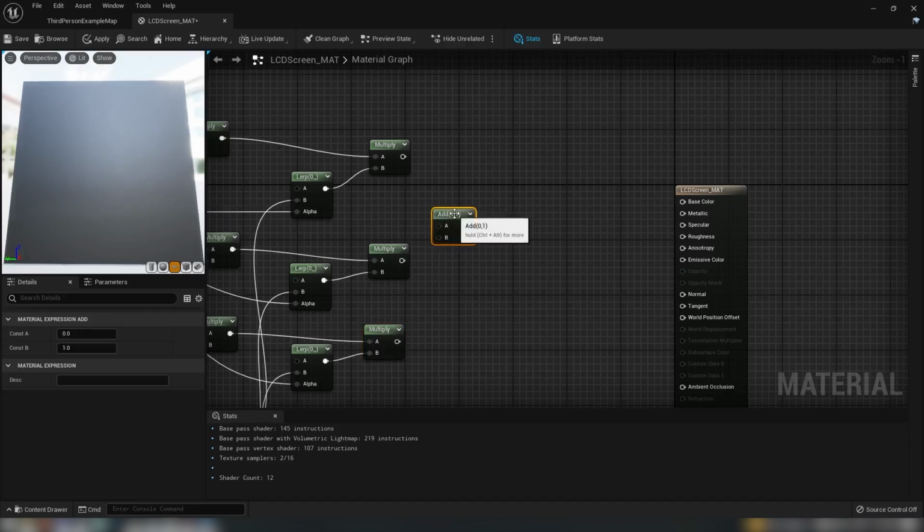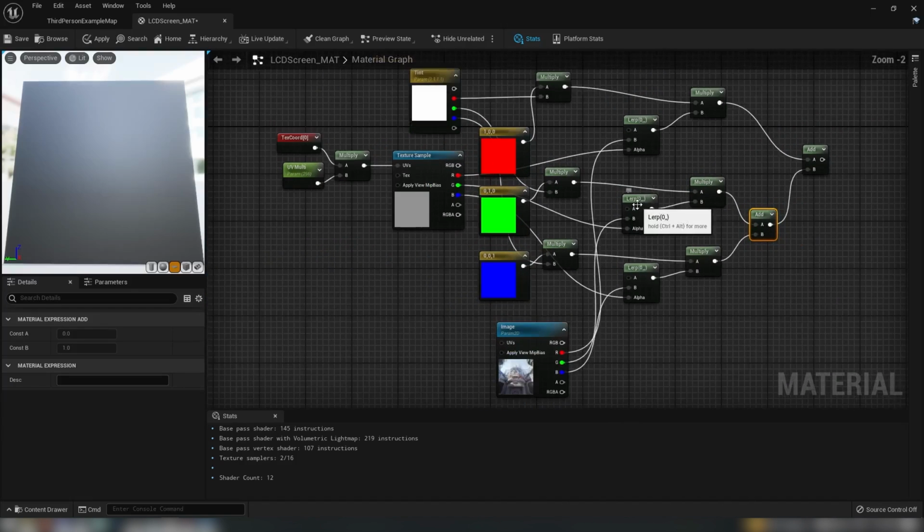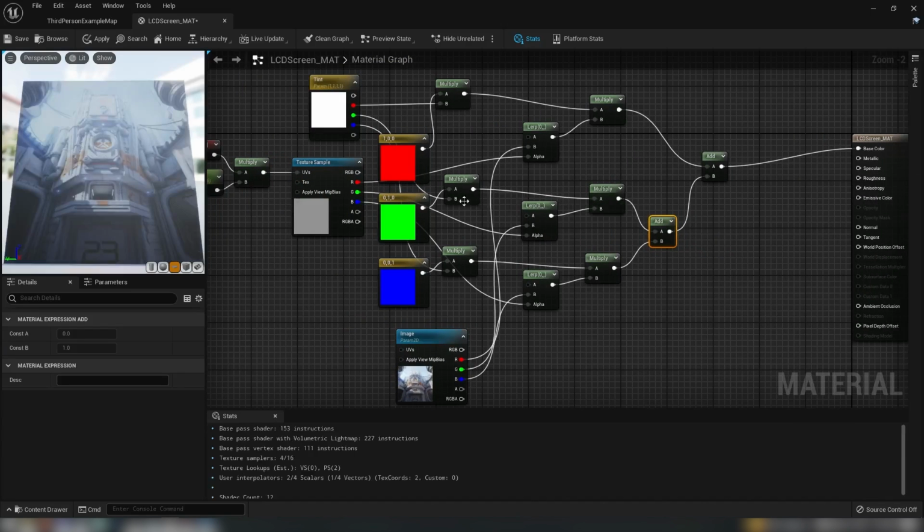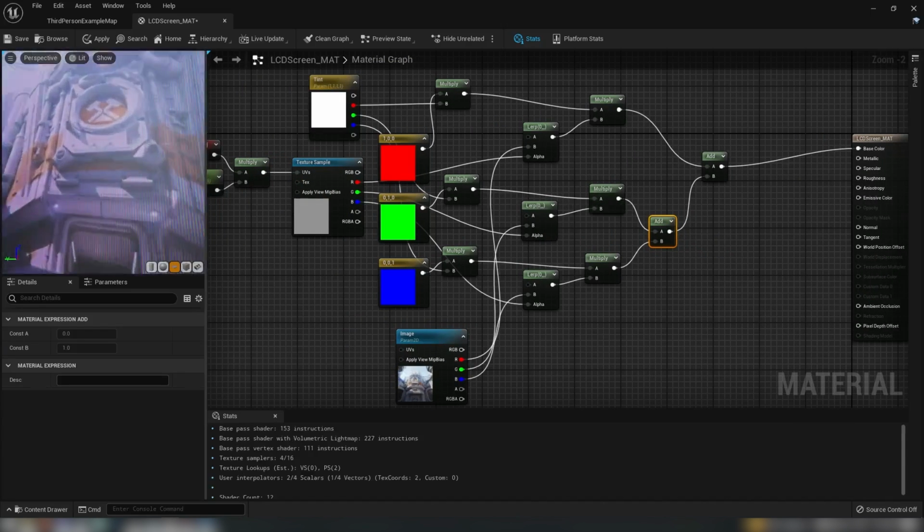Next thing, we can just add these back together to create our final image. So we hold A and click, we'll get an add node, and it doesn't necessarily matter which order we do this in. We just need to add each of these things back together. So we'll plug in the result of the red multiplier into an add, into the A, and a second add into the B of our first add, and then the remaining two multipliers into this second add here. I hope I've explained that well. So this pretty much finishes the initial result. We can plug this straight into base color, and then we can see the kind of result that we've got,